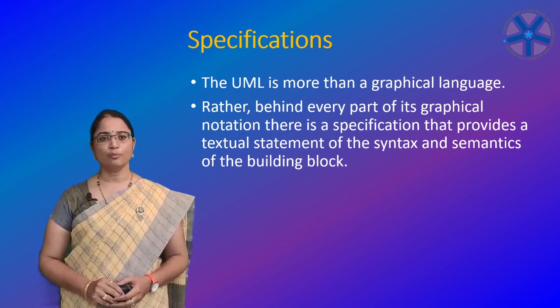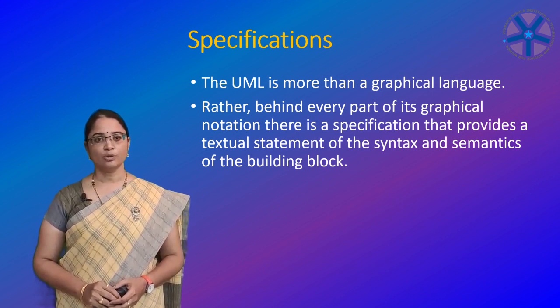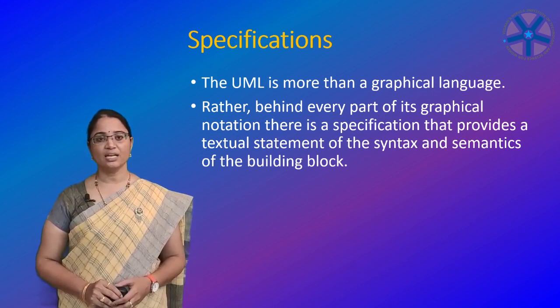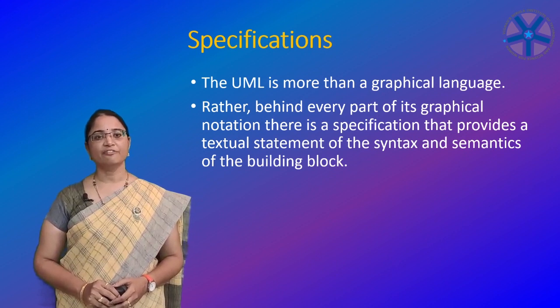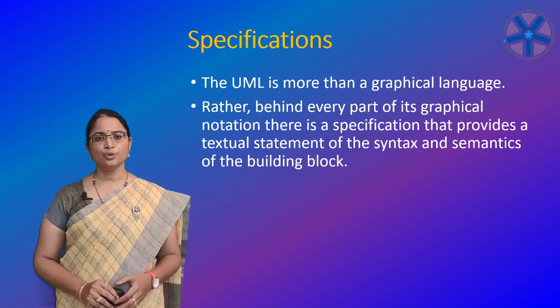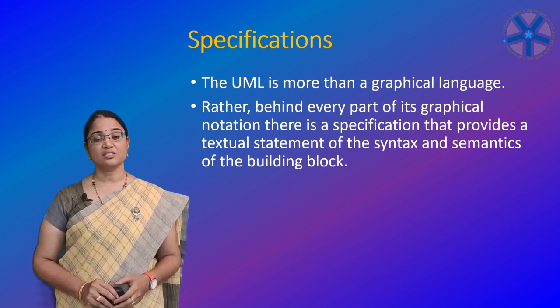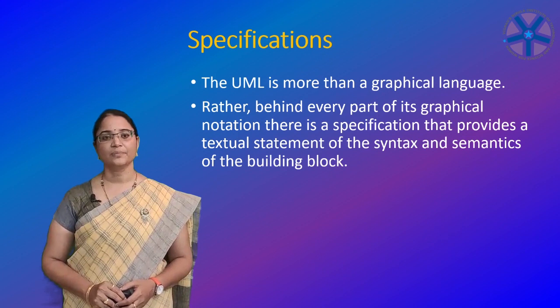Visually, the class icon may only show a small part of this specification. Furthermore, there might be another view of the class that presents a completely different set of parts and is still consistent with the class's underlying specification. You use UML graphical notation to visualize the system. You use UML specifications to state the system's details.